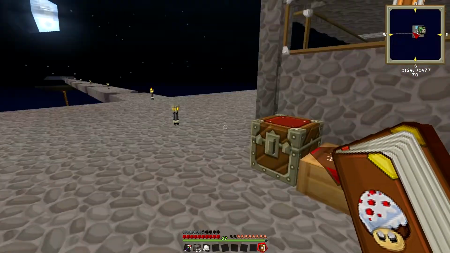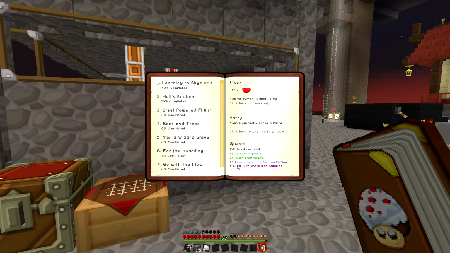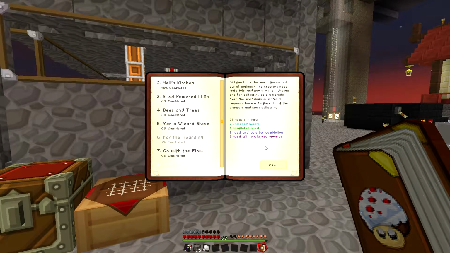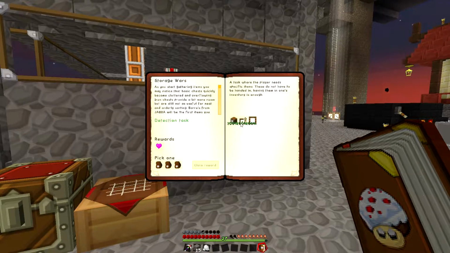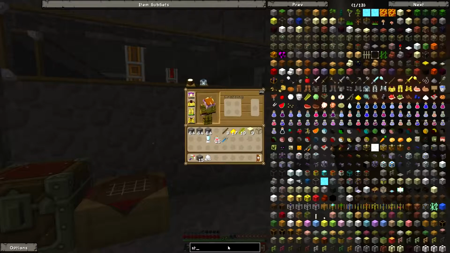Well, I remembered last time before I logged off that I forgot to hand in one quest. We have one quest available that I did off camera in between episode 6 and 7 I believe, which is for the hoarding. Yeah, we completed storage walls off camera. I created a structural Mark 1 upgrade and a storage upgrade. Let's just show you those. Structural